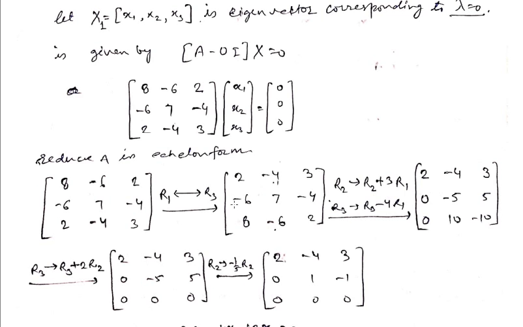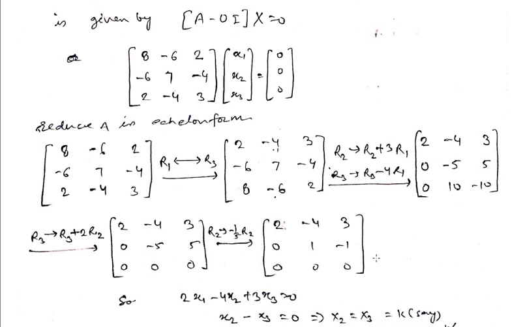Now we will convert this minus 6 and 8 into 0 with the help of first row, using the elementary transformation, R2 replaced with R2 plus 3R1 and R3 replaced with R3 minus 4R1. Hence we get this matrix. Now we will convert this 10 into 0 using elementary transformation and with the help of second row. So it becomes,